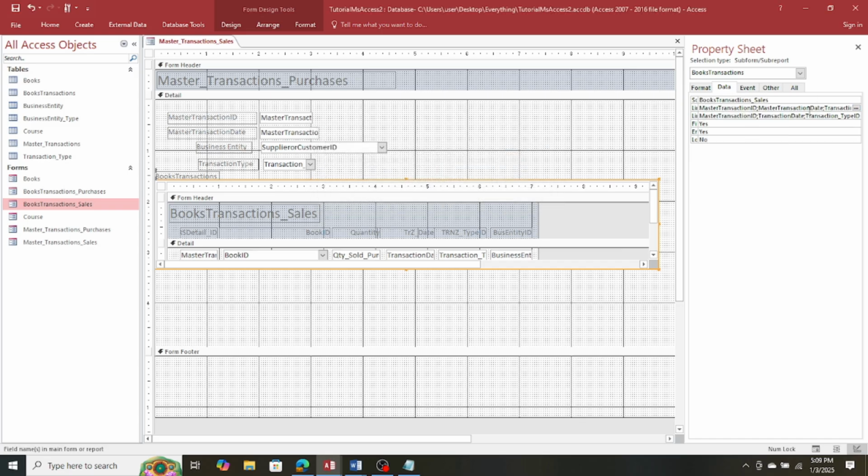Okay, and then we'll go and add the last bit of information which will link it. We will link this business entity ID, and from here